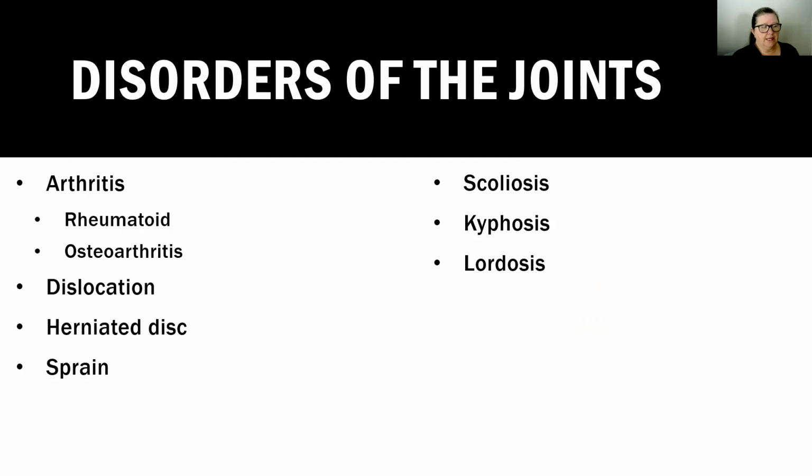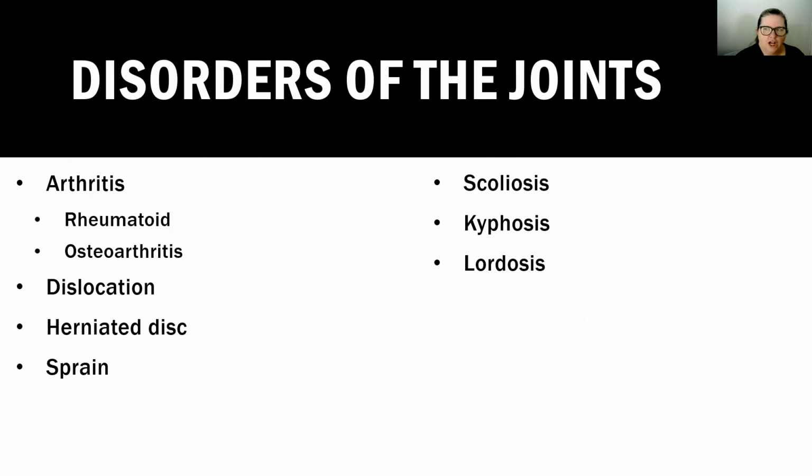Then there are three spinal disorders that all have to do with the location or the characteristics of the spine. Scoliosis, probably the most well-known. That is a lateral curvature of the spine, or where the spine is not straight. It's kind of like an S. I kind of can't do that with my hand, but